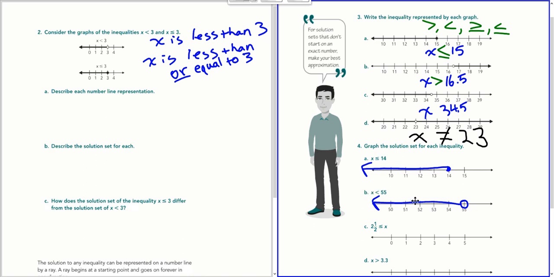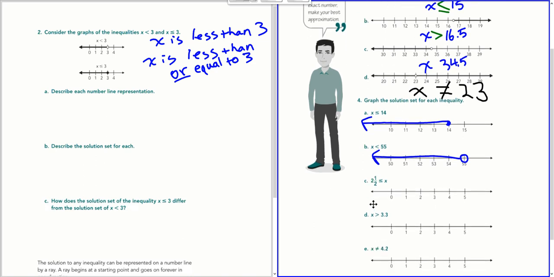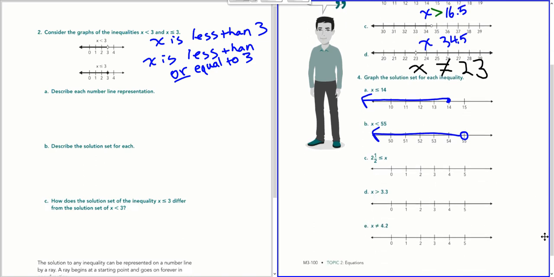Okay, what about B? Okay, is it a circle or a dot? It is a circle on 55, and x is less than, all right? So I need to put all the values that are less than 55 in my graph. So I'm going this way. Okay? All right. So your assignment is basically to do this on the back and to decide whether it's a